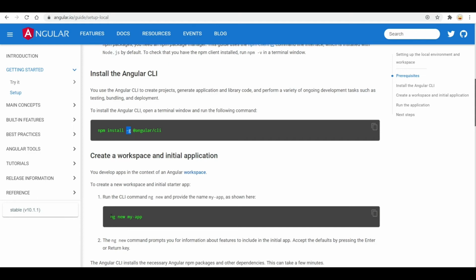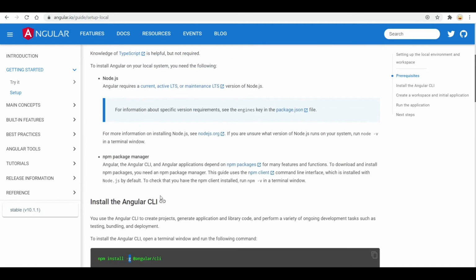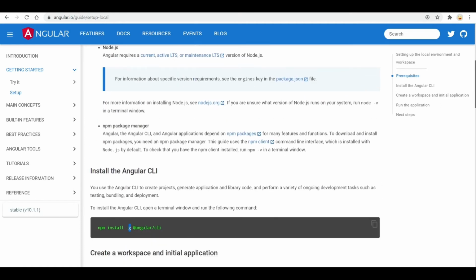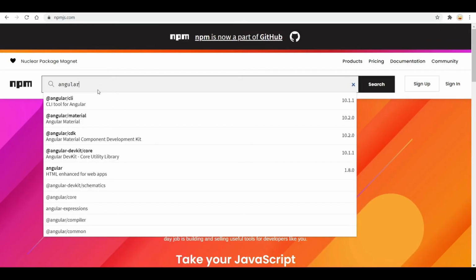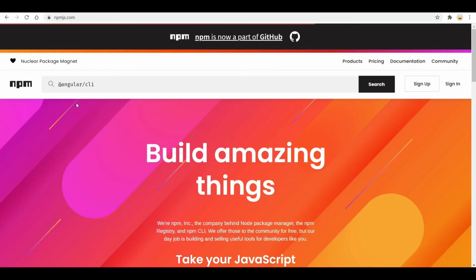And then you can use the ng command of Angular CLI and you can create the new app. So let's go to npm's official website and let's search Angular CLI. So you can see here we have Angular CLI available in the Node Package Manager's official website, npmjs.com.